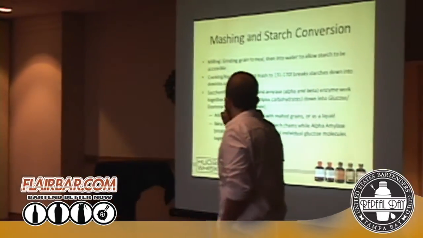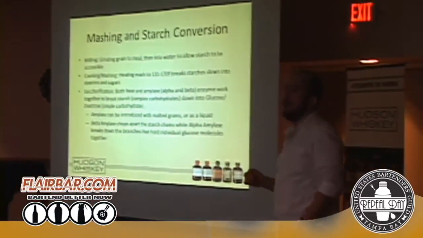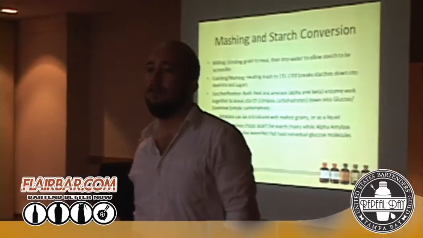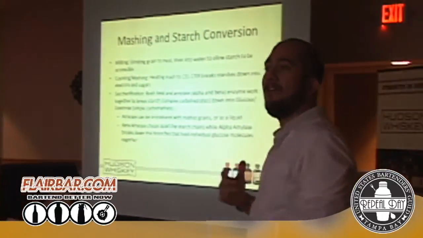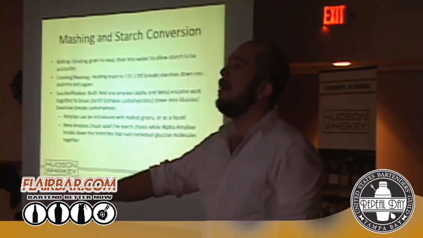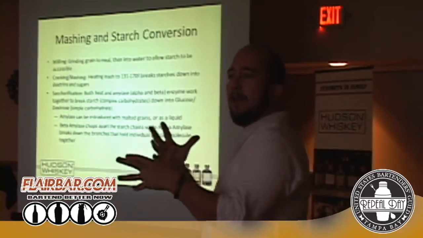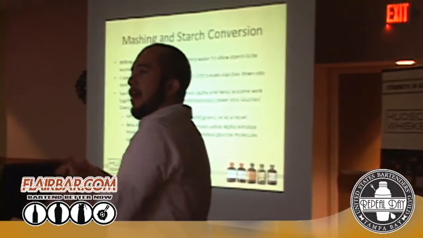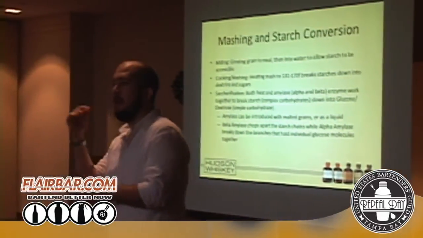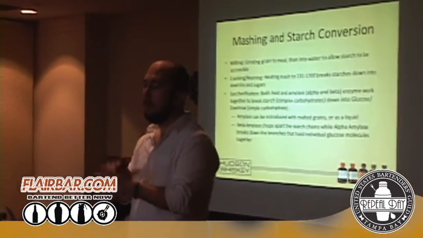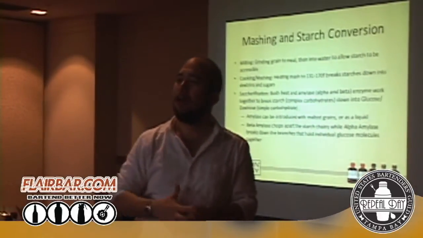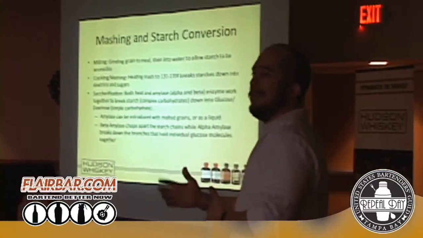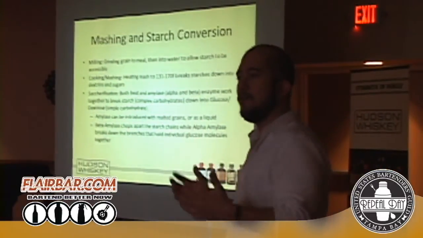All right, so getting back to the mash and the starch conversion. Now we've ground the grain into the water, and we're going to bring the temperature up to about 170 for us, and we cook it. That's trying to marry the water and the grain together to really make a mash and access those sugars. That heat starts to break down the starches into dextrins. Then as it cools down, we'll add malted barley. We can't add malted barley too high because the amylase enzyme will actually die off before it starts its process.